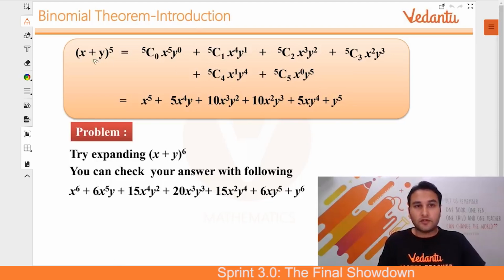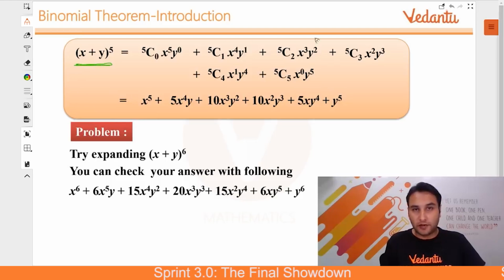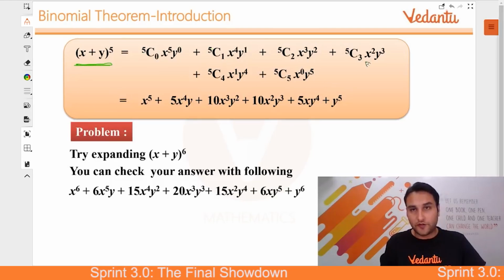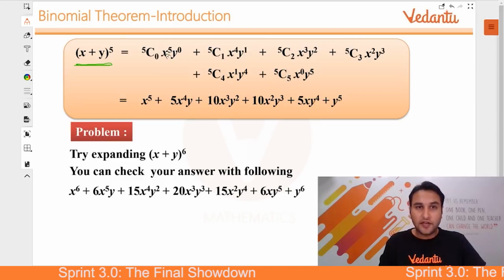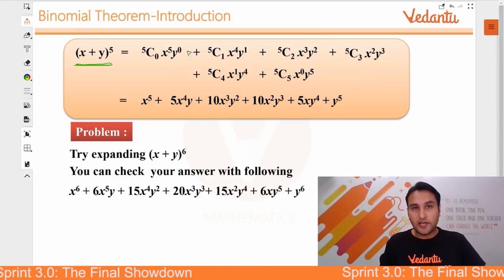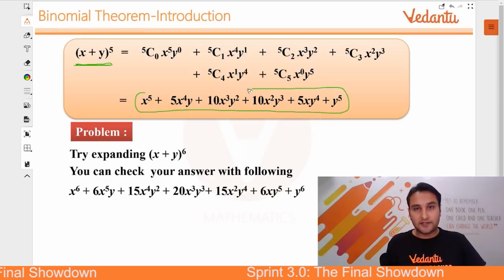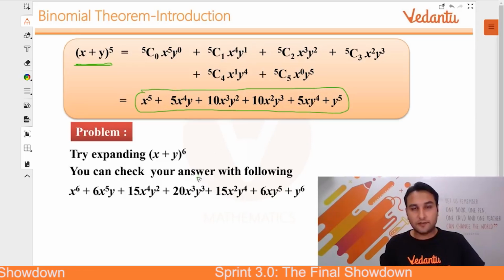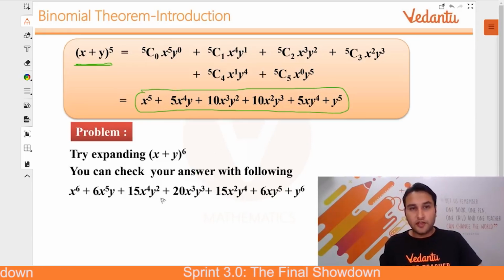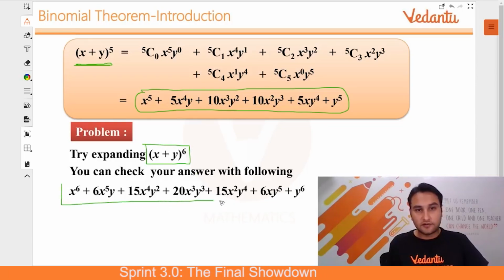Okay. Now, similarly, can you see the expansion of x plus y raised to power 5? Everyone look carefully once. Start with 5c0, 5c1, 5c2, 5c3 up to 5c5. x to the power 5, then 4, then 3, then 2, then 1, then 0, and y to the power increasing from 0 to 5. Which when you open the NCRs, you get this. Cool? And similarly, if you expand x plus y to the power 6, you get this.